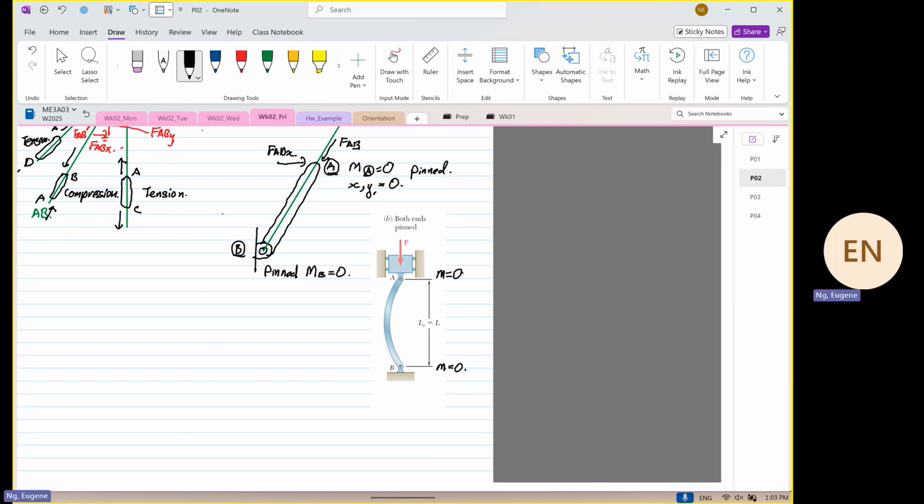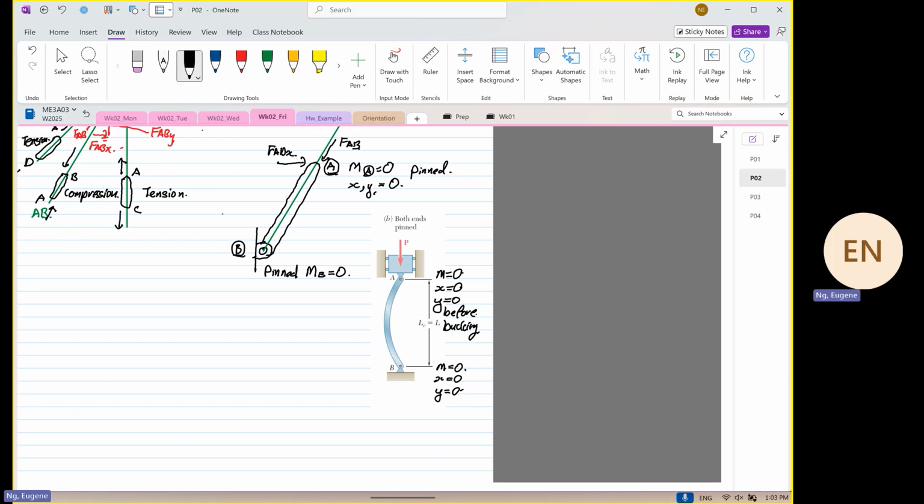Okay, so for this side, x is equal to 0, y is equal to 0. For this case, x is equal to 0, y is equal to 0 before buckling. Okay, so that's our P. Now,